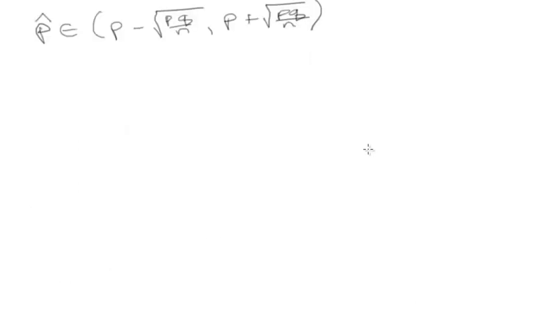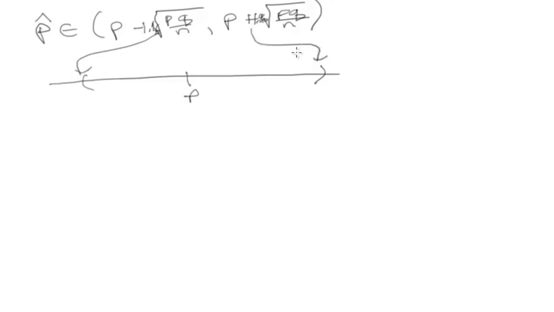Okay, while the video was paused, I took the opportunity to write that interval up a little bit more cleanly up at the top of the screen. So here's what I'm talking about here. Say this is all of my possible p-hats. I know that in the middle is this p, and if I go down 1.96 standard deviations, and if I go up 1.96 standard deviations, I'll end up at this point,